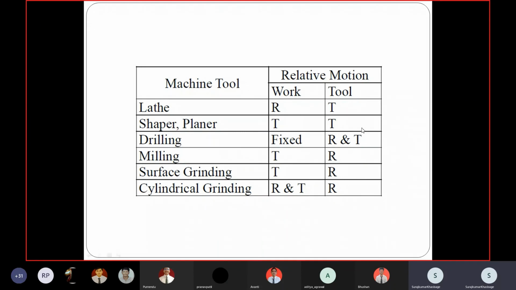But in most operations we can see there is a rotation of the tool other than the lathe machine and shaper and planer machine. Shaper and planer we have not discussed, we have talked about only lathe. In all other operations your tool is rotating, whereas in your lathe machine operation your workpiece is rotating. That is the main difference.